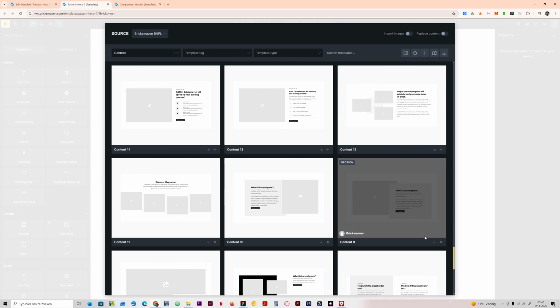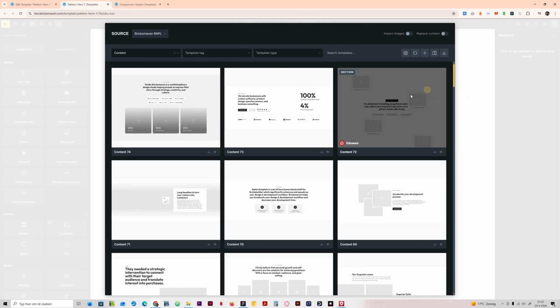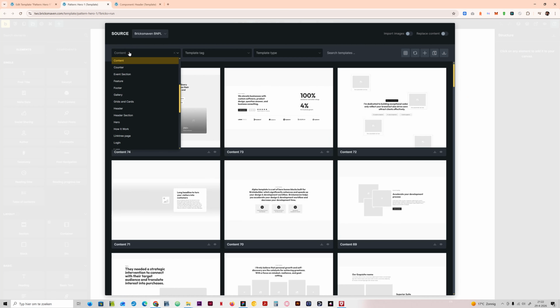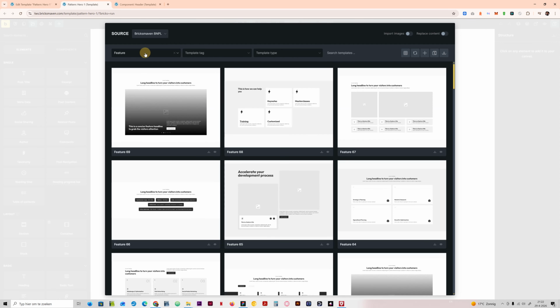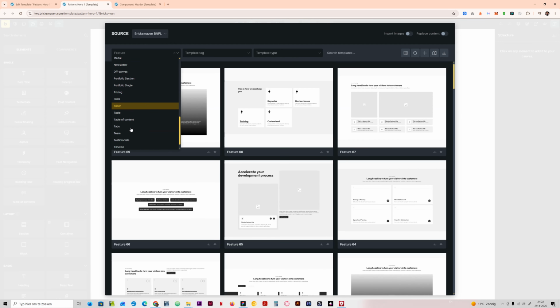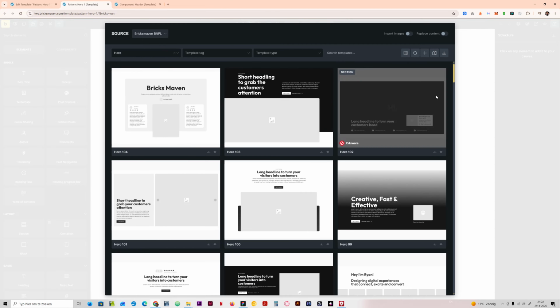Okay, this one. Why is there a cap or something? It has a limit? Future. Oh, okay, I can see all the future. On the hero, I have like 104 hero sections, right? So